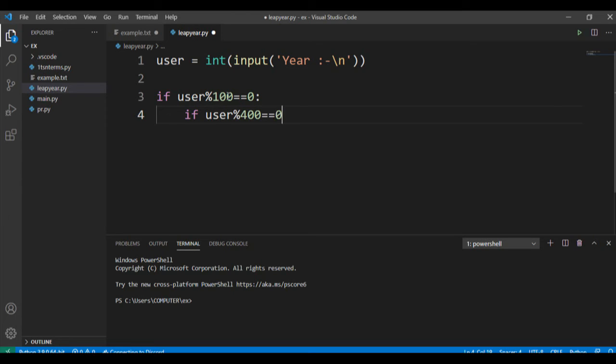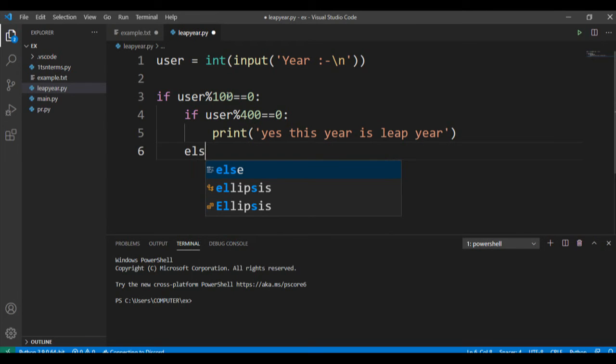If the value comes to be 0, it means it is evenly divisible, so we print yes, this year is a leap year. And if it is not divisible, then we print that this year is not a leap year.